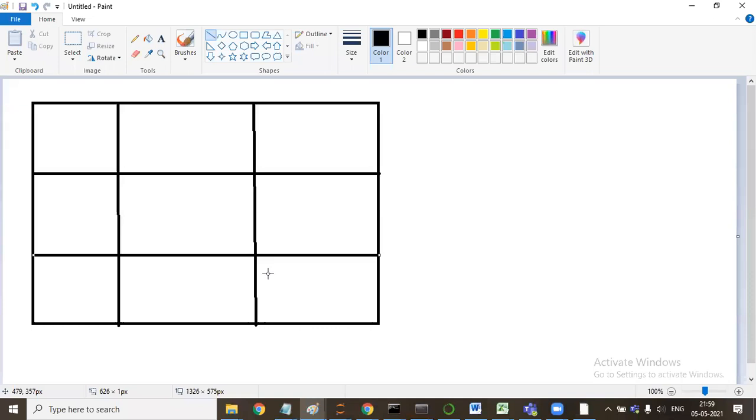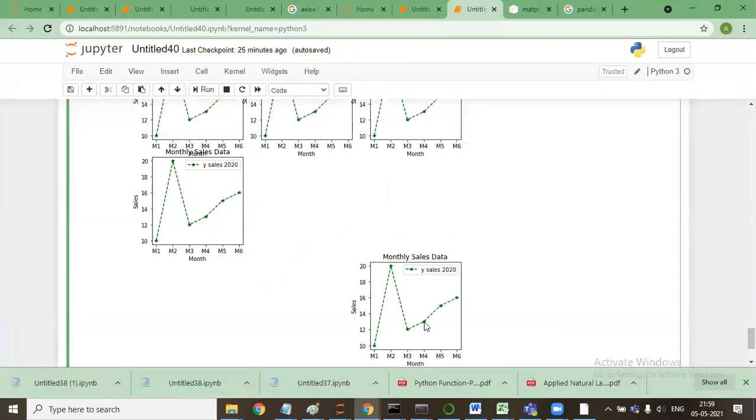So the legend is nothing but what each line is representing that we have made. So legend is just to get this symbol.